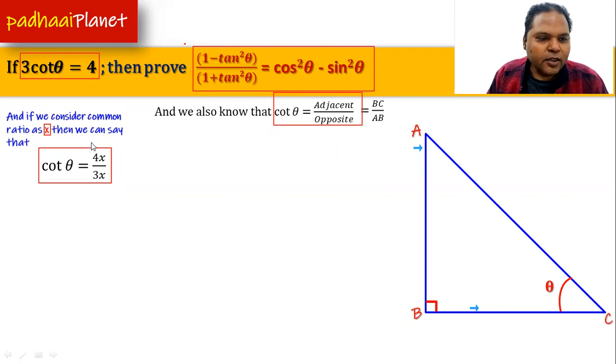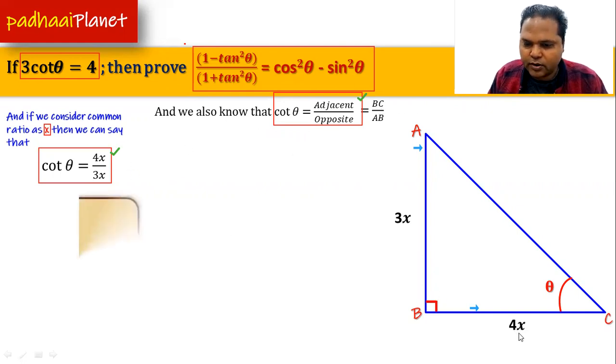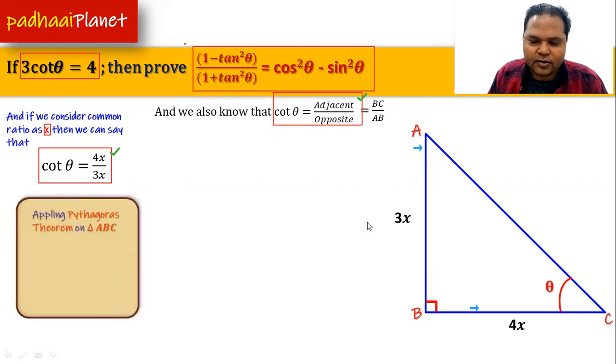Now let's carefully compare these two relationships which we have got here. This one, and then this one. When we compare these two, we figure out that BC is equal to 4x, right? And AB is equal to 3x, right? So let's have these two things written here. BC is put here as 4x, and then we have 3x, right?